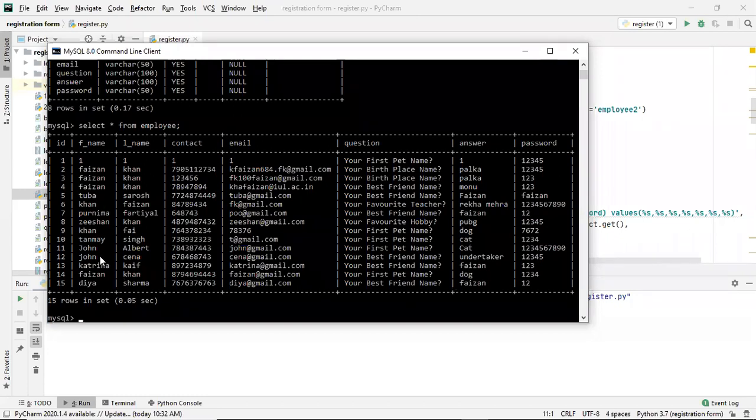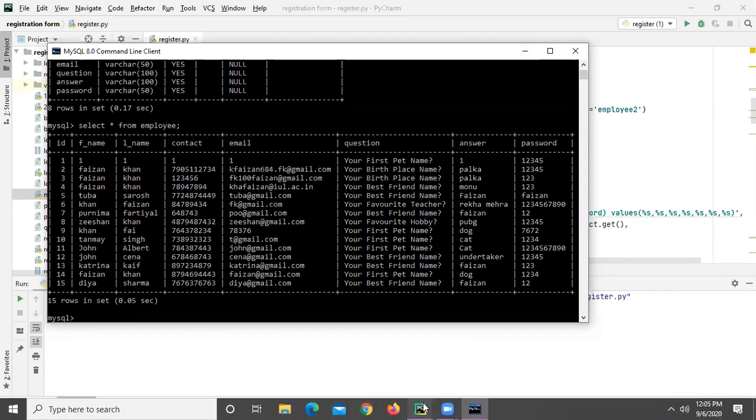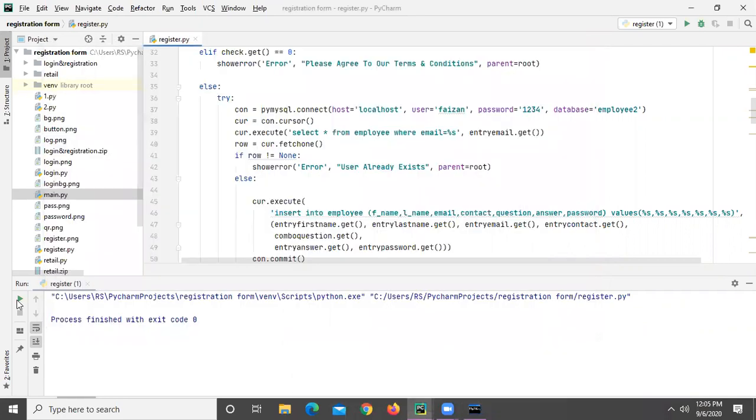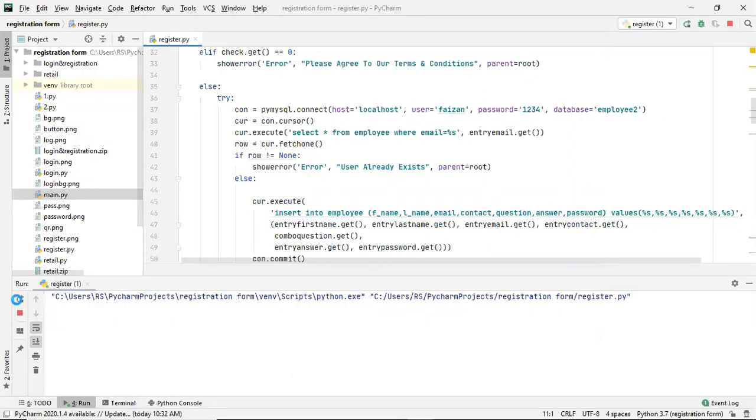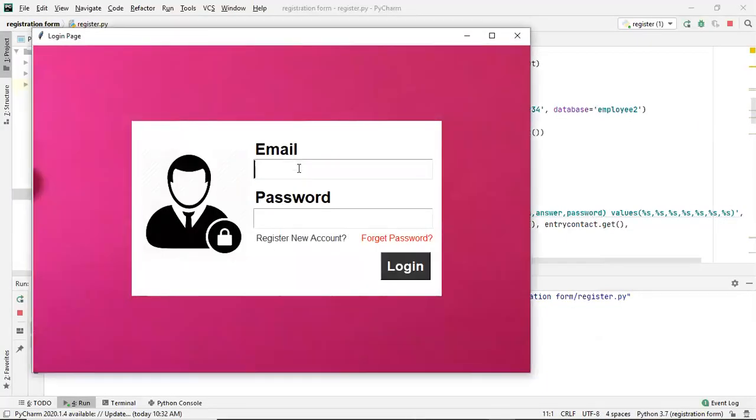So this is our database. In this database, if you see, I can log in with any of these email addresses. I have also given one as an email, and then a password of 12345. If I try to log in with this one, let me just log in with this one so that you guys can understand. I'll simply click on login because I already created the account. So one, and the password is 12345.